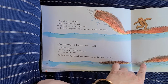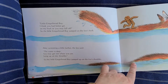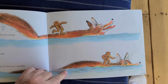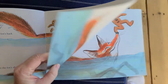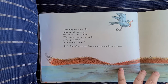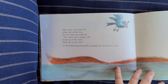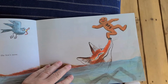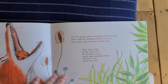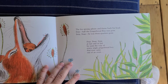After swimming a little farther, the fox said, "The water is deep. You might get wet where you are. Jump up on my shoulder." So the little gingerbread boy jumped up onto the fox's shoulder. When they were near the other side of the river, the fox cried out suddenly, "The water grows deeper still. Jump on my nose, jump on my nose." So the little gingerbread boy jumped on the fox's nose. The fox sprang ashore and threw back his head. Snip! Half the gingerbread boy was gone. Snap! Snap! He was 3/4 gone. Snip! Snap! Snip! At last,